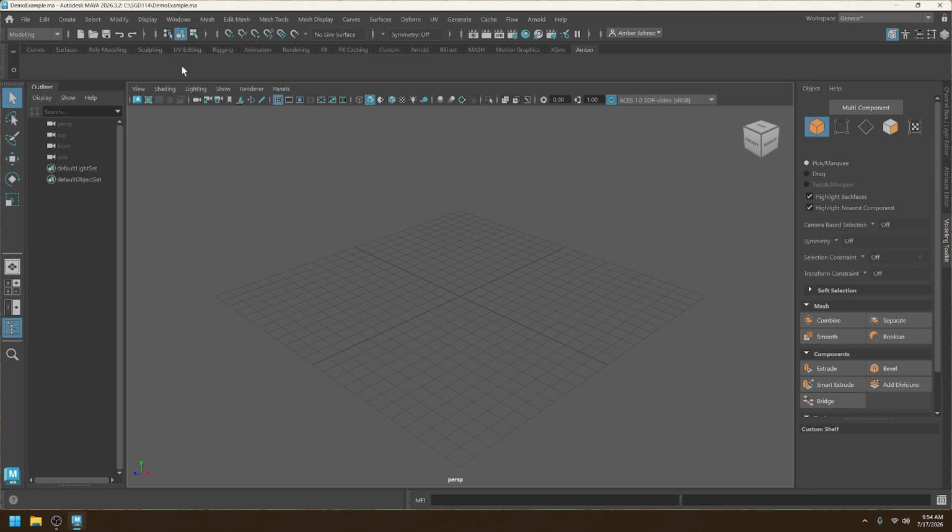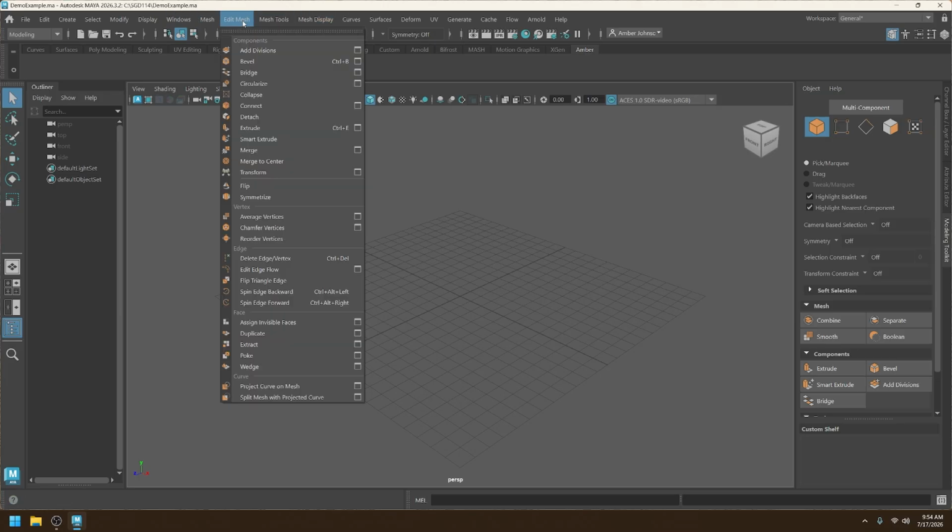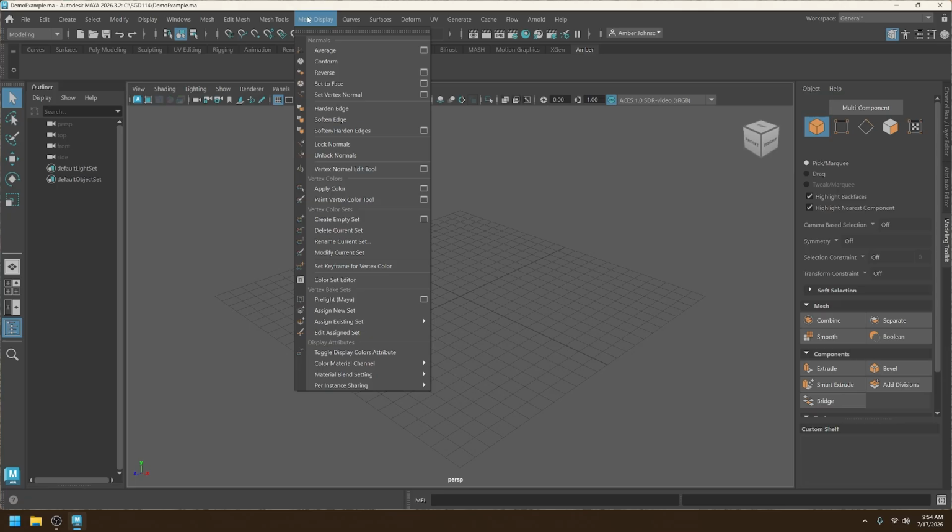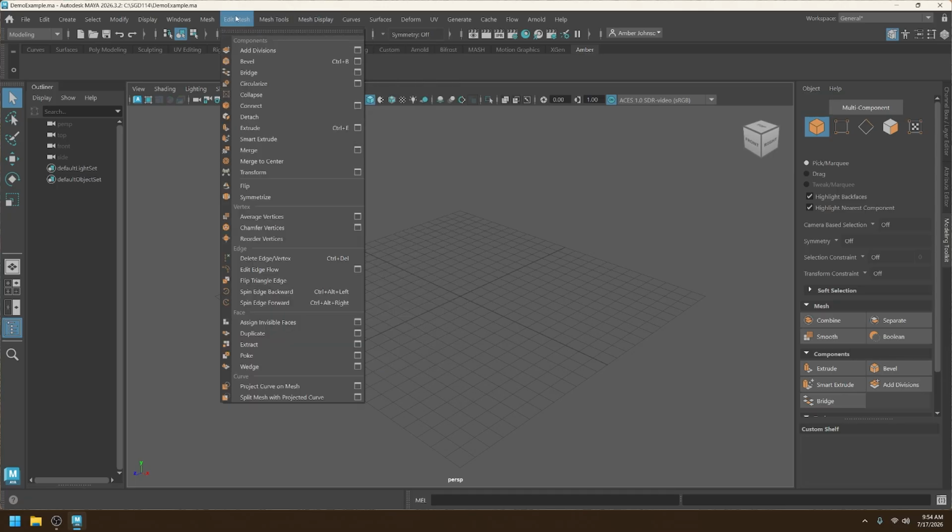The way that you get your own things up here is you locate where that tool is in your menu. Like for instance, I like to use the merge a lot. So I'm going to